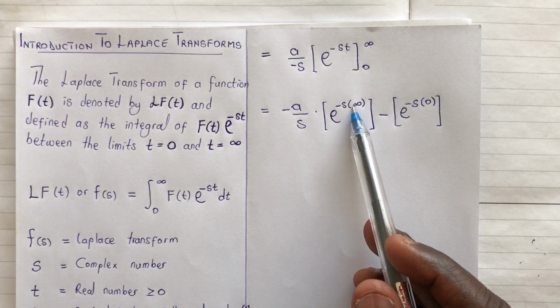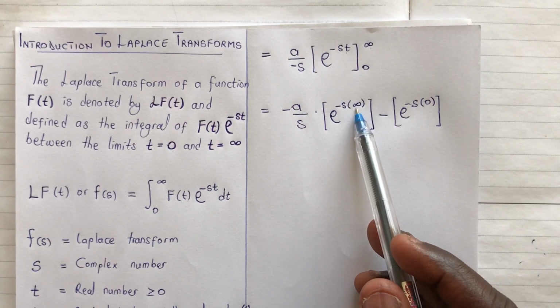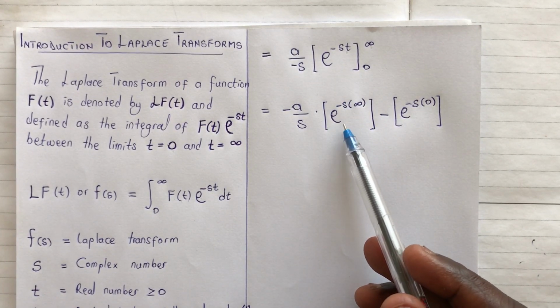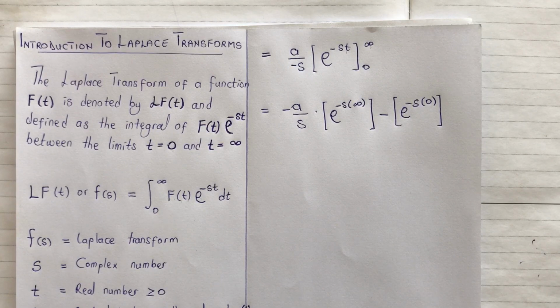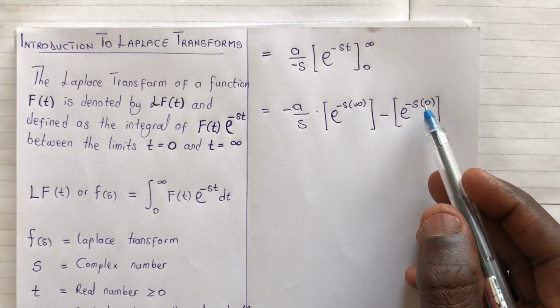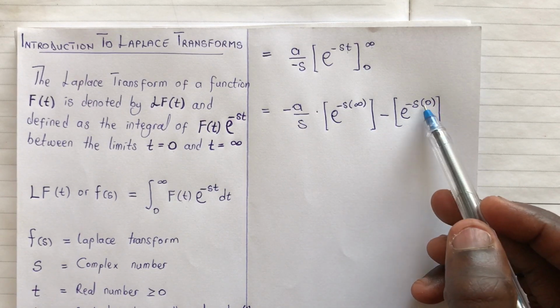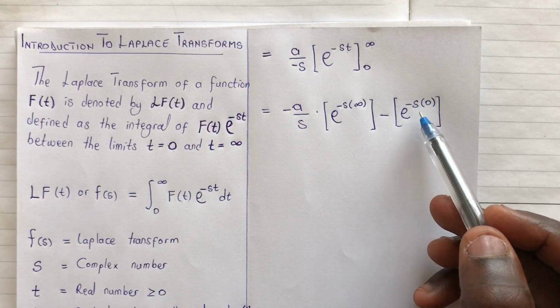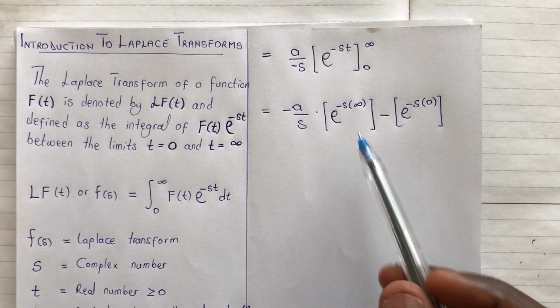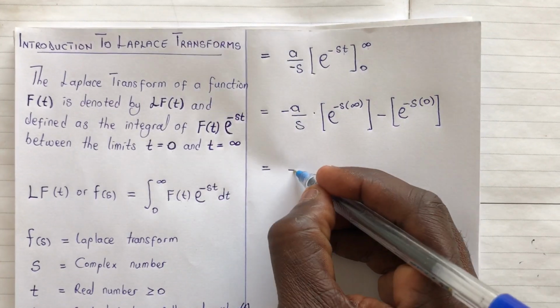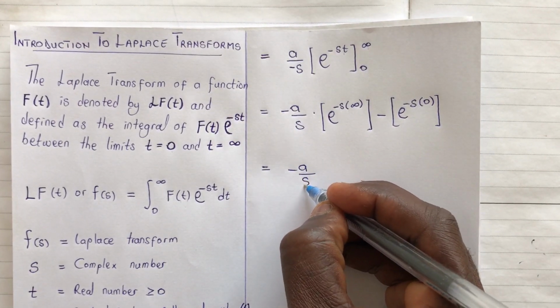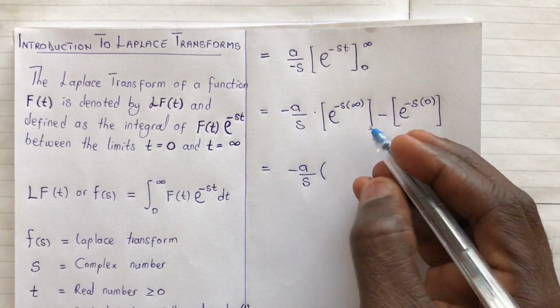Now, when you introduce the infinity sign here, everything converges to 0, because as t approaches infinity, the term tends to 0. But remember that anything raised to the power 0 is 1. So this is giving us negative a all over s times